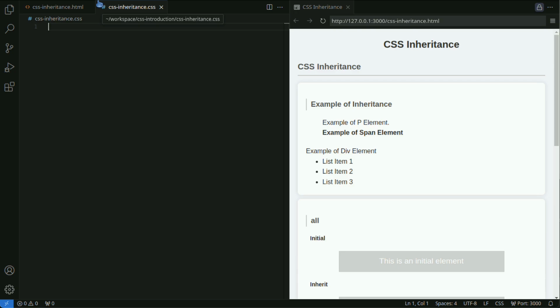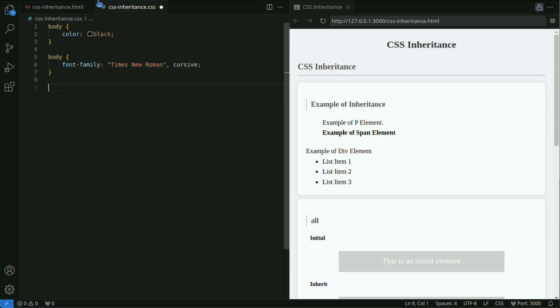Let's first look at some examples of inheritable properties. Inheritable properties are mainly those related to text and fonts. In this case, all child elements within body will have black text color. All child elements use the Arial font.